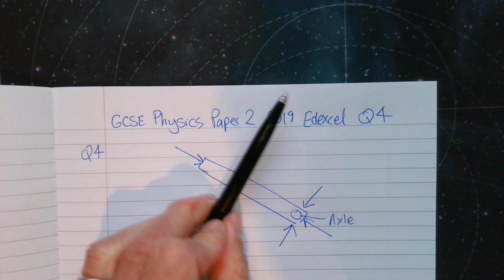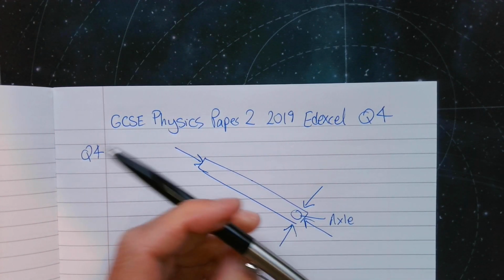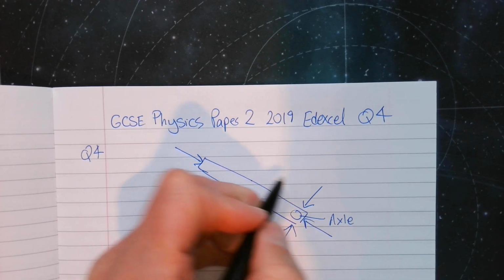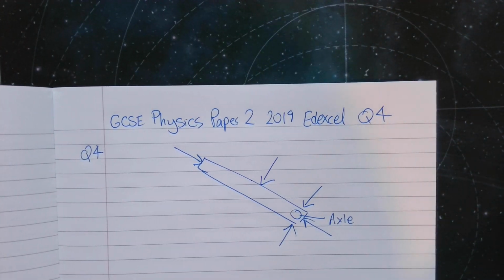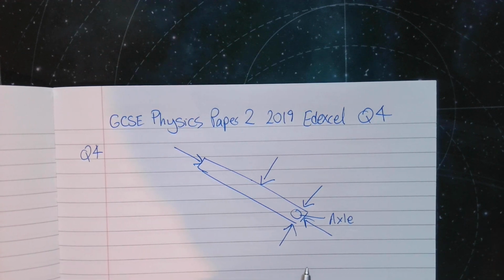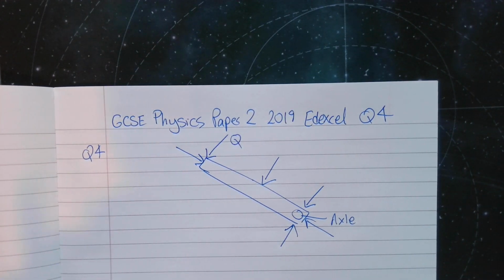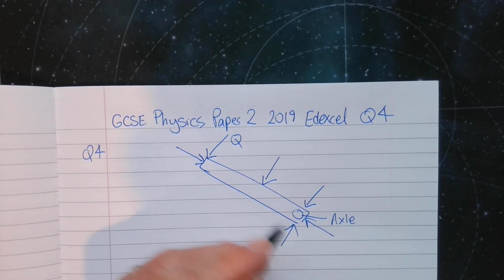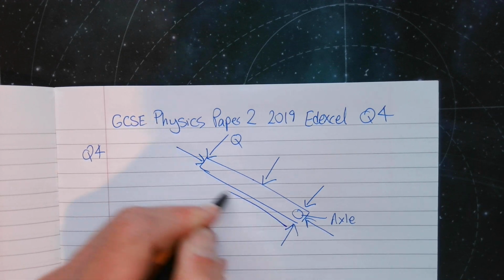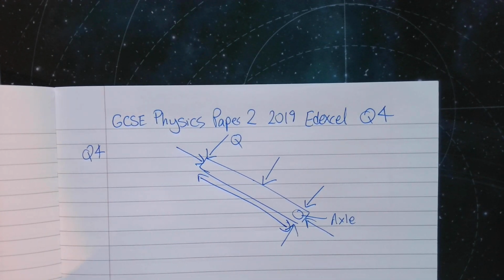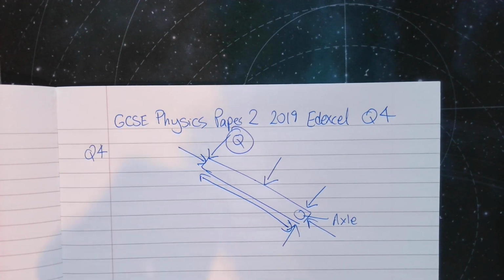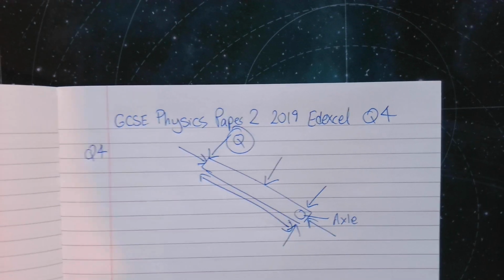What we have to do is apply a force that's acting at a right angle to a line from the axle. That would give us a turning force. That's not an option in this one. The one that is going to be an option is Q here, and that's going to apply a turning force. And this is going to be useful for the next question. If you remember, you would calculate the size of that turning force, or moment, as this distance here multiplied by the force at Q. So Q is what we're looking for here. That is the force that's going to turn the rod about the axle.